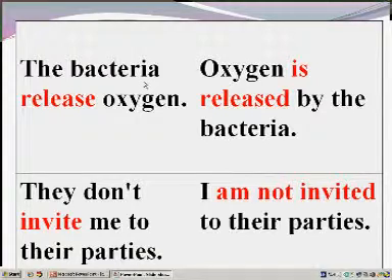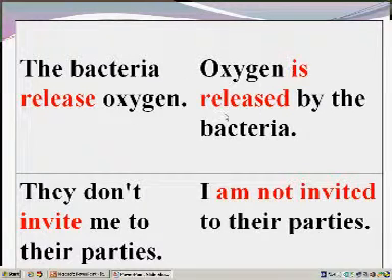The verb is, yes, good, release, and the object is oxygen. The first thing we have to do when we turn this sentence into the passive form, we have to delete the subject, which we believe is not important, and then we start the new sentence with the object of the sentence. So,